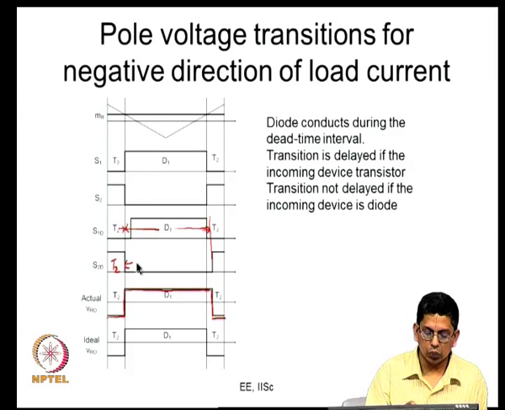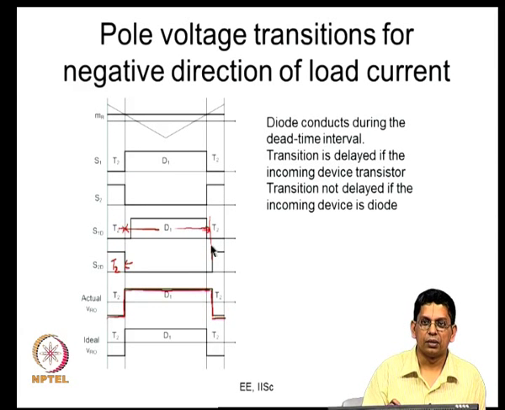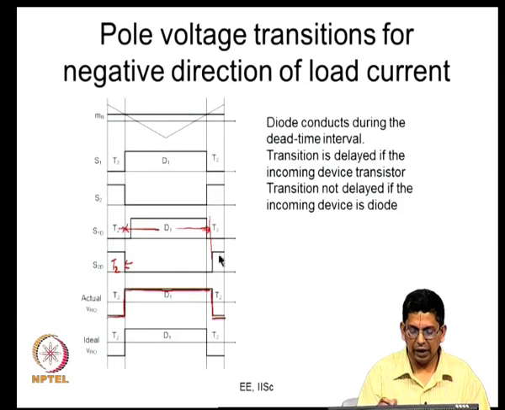So, you are now looking at a transition, this is a transistor to diode transition. So, when the diode is the incoming device, it comes in immediately, it starts conducting, whereas the transistor is a bit of a protocol man. What I mean is it's actually an active device, unless the gating signal is high it cannot conduct. What you have done is you have made sure that the gating signal to the top transistor is low here, but you have still not made the gating signal for the bottom transistor high, which you are making only here.